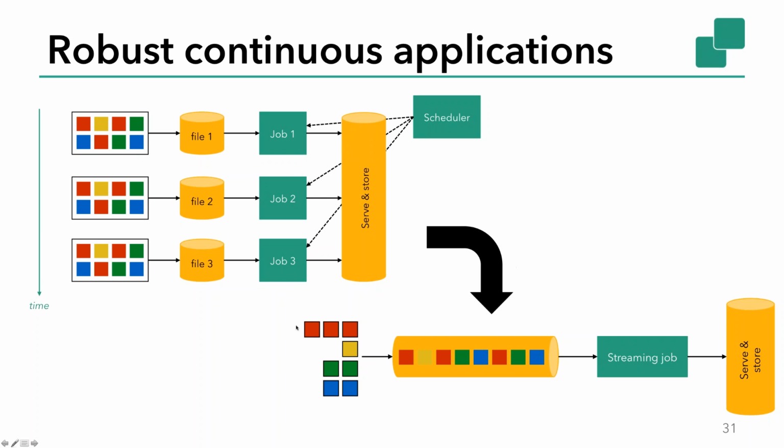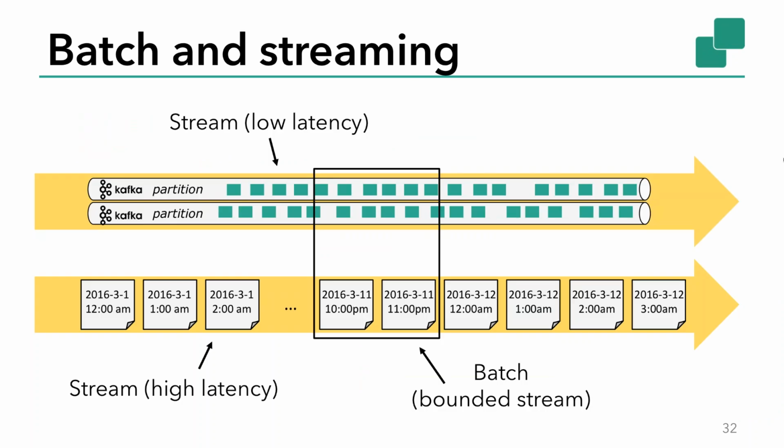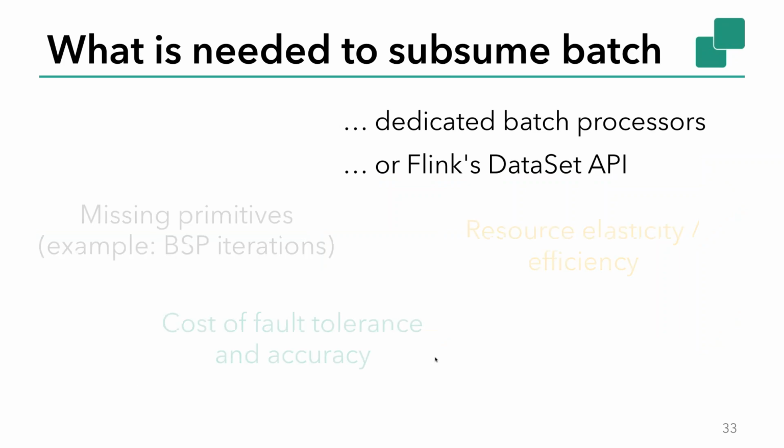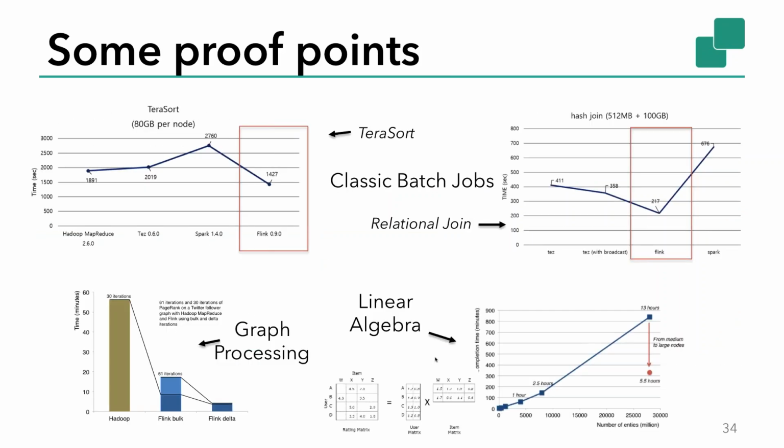A much better way to do that is with a streaming job, and that does not have to be real time. There are streams that are low latency streams, so think of Kafka partitions, and there are streams that are high latency streams, think of rolling files, as we saw before, and both of these are a great match for stream processing. In this context, where everything is a stream, batch processing is just analyzing a bounded subset of the stream, starting from a begin time and ending at an end time. Both of these can be done very well with a stream processor. We skip that one for time.